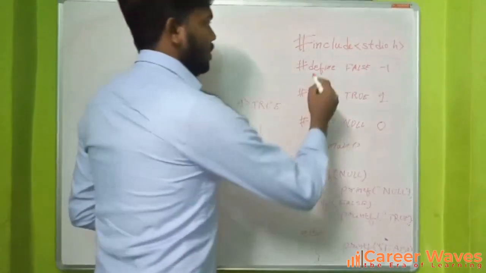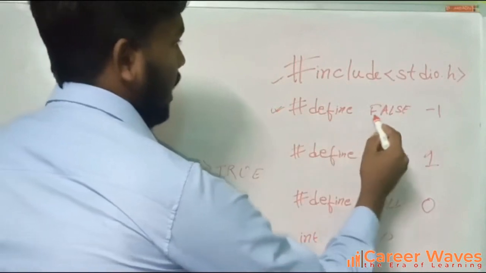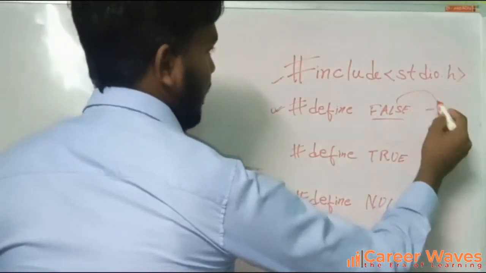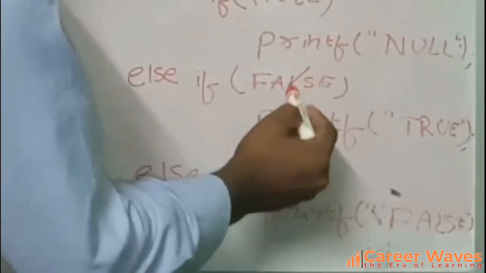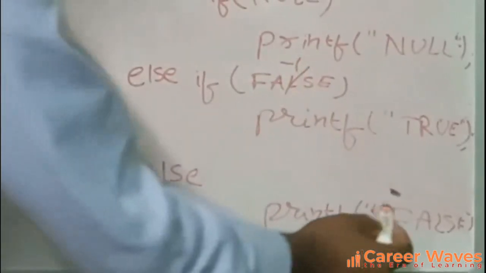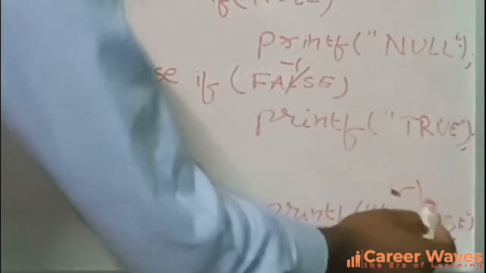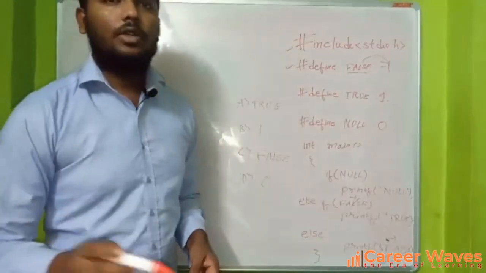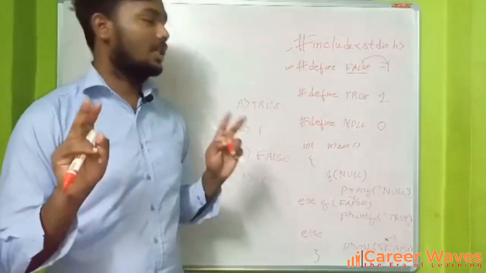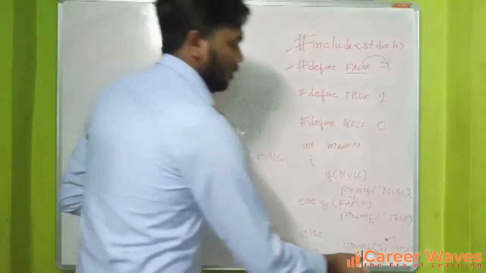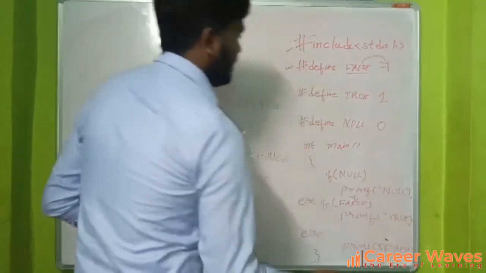So again, the preprocessor will resolve this line. After resolving this line, it will resolve this line, and it will notice false. So it will try to resolve this false with 0, and also false is written here, so it will try to resolve this with 0. But one thing to be noted is that the preprocessor cannot resolve anything that is written within double quotes. So this will not resolve, and it will remain as it is.